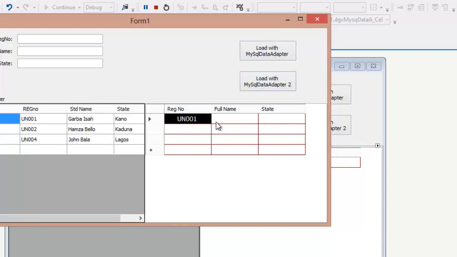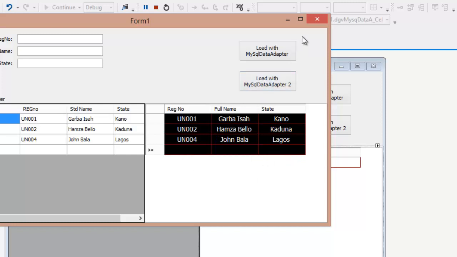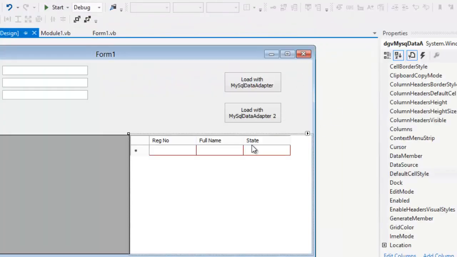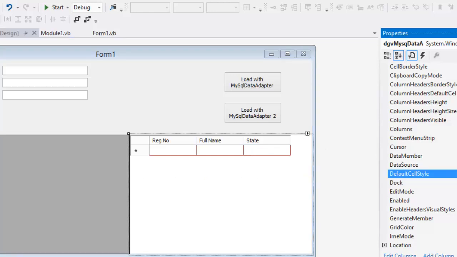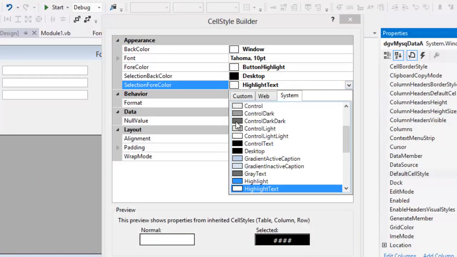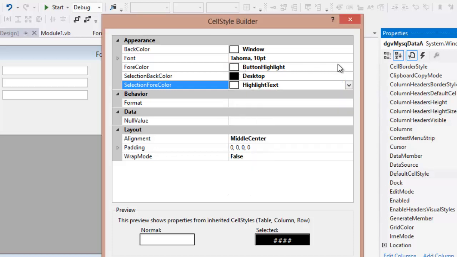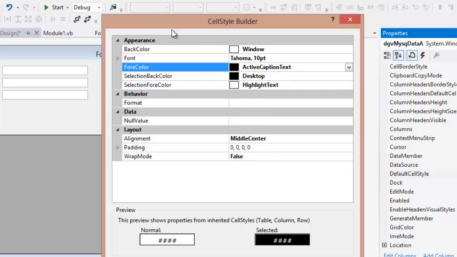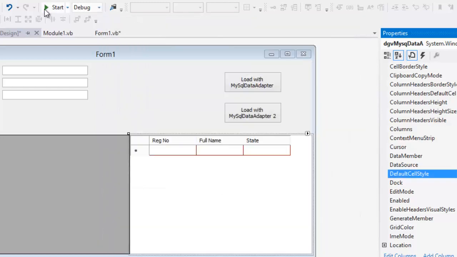That's why we can't see the text. But we can go back and change the selection property, let's say the fore color, to black again. So now if you run it,